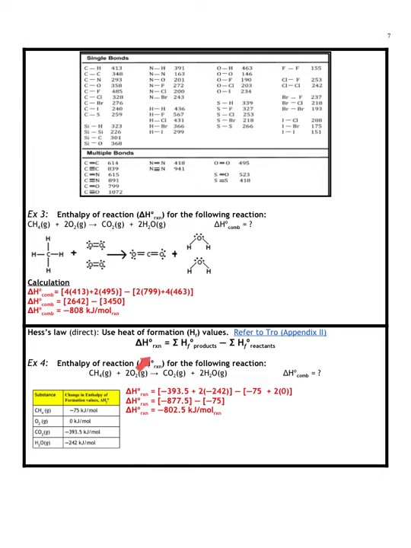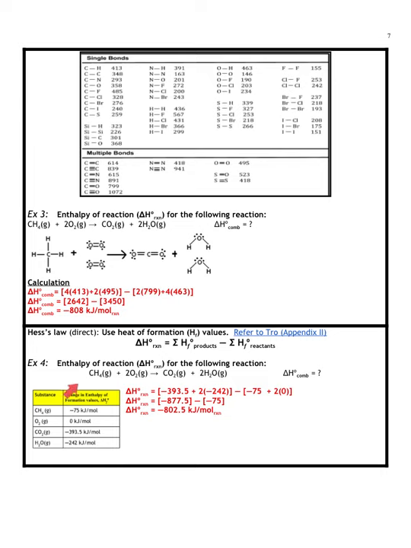So I begin with my equation: the sum of the heat of formation of the products. The products are these 2 substances, carbon dioxide. There's only 1 mole of carbon dioxide, and there's 2 moles of water vapor, so I'm going to put 2 moles, twice the negative 242 kilojoules per 1 mole of it. So add up the heat of formation of the products, minus